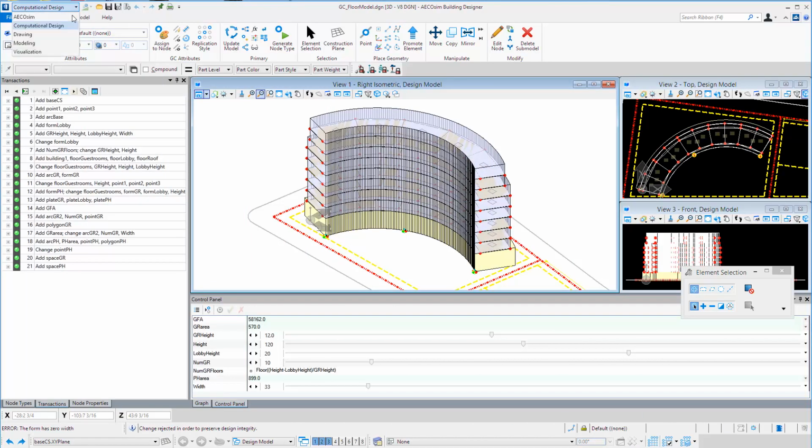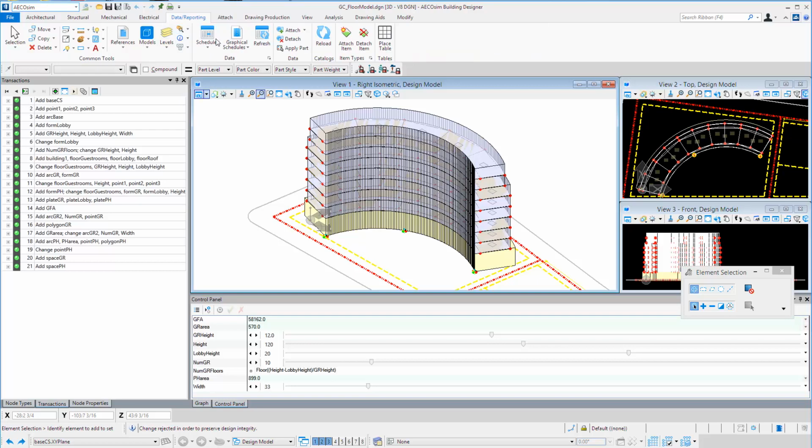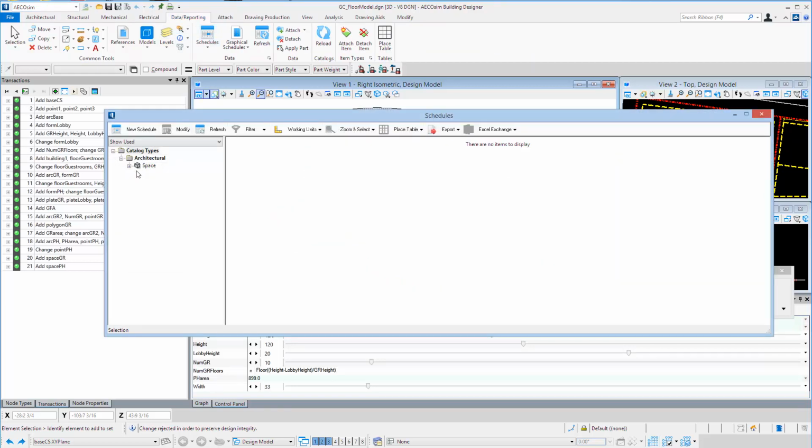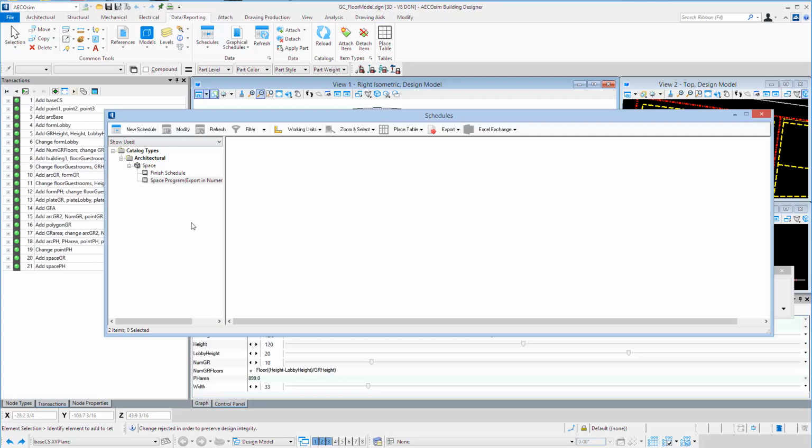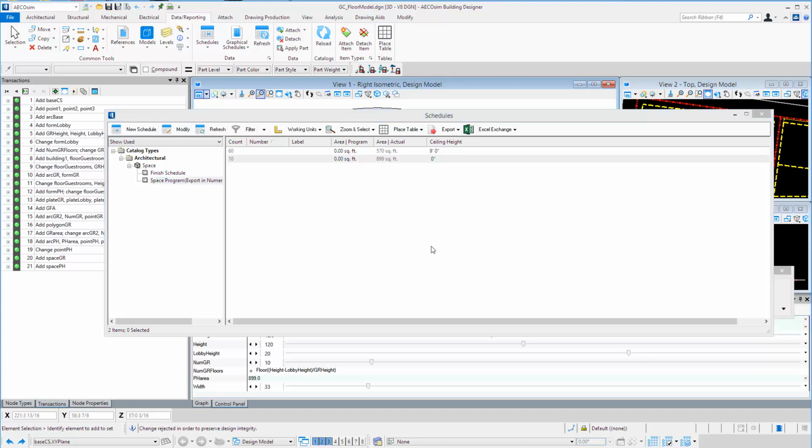Once that has updated, I could go back to my schedules dialog and again select the space program. And now I can see that I have a count of 60 rooms at 570 square feet and 10 at 899. So now you can use the data that you're getting about the program, about the number of guest rooms, the size of the guest rooms, to further refine the design of the mass model until you get exactly the